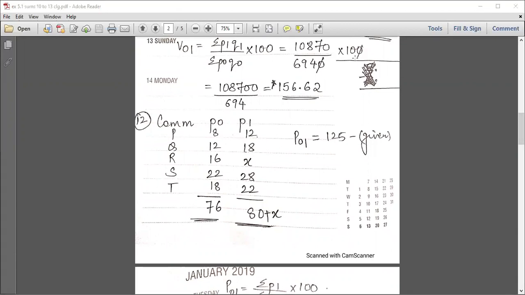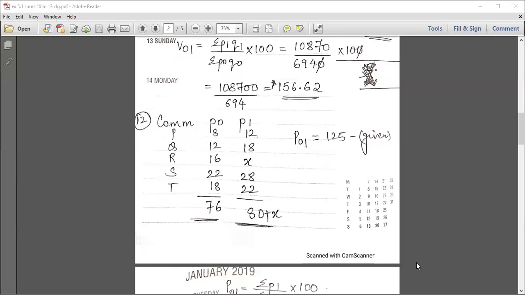So coming to the 12th sum. Now in this, what's the question? Just see. Sum number 12: find x if the price index number by the simple aggregative method is 125. So as you all can see, there's a number missing over here, a missing frequency. But the price index number is given to you. Price index number means it is denoted by P01. Yesterday we solved the first 7 sums. So in this case, P01 is given to be 125, and you have to find the missing value, that is x. Okay. So the sum is very easy.